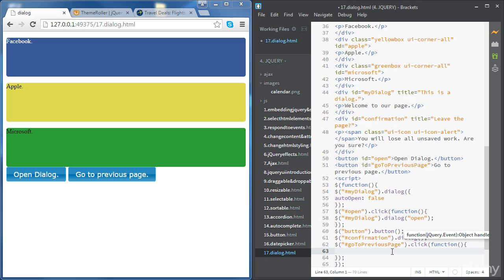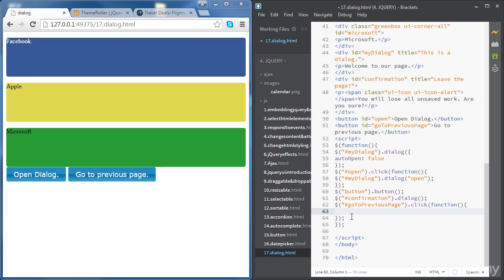This time we need to open the confirmation dialog. As we did for the first one, we're just going to be accessing the containing div using its ID, and then use the dialog method with the open parameter. So our div is confirmation, and then